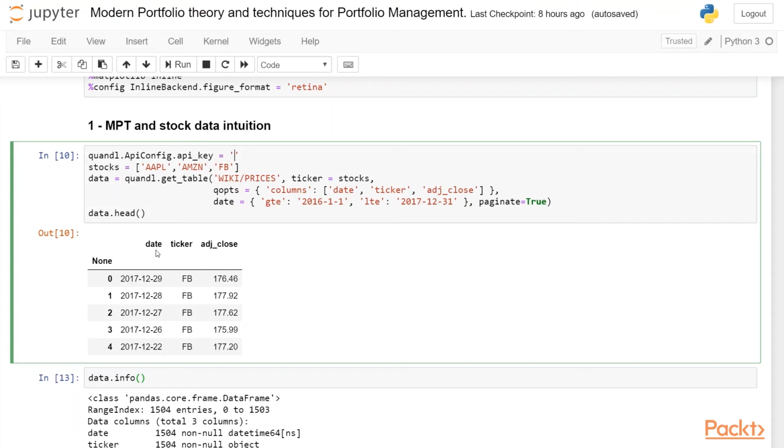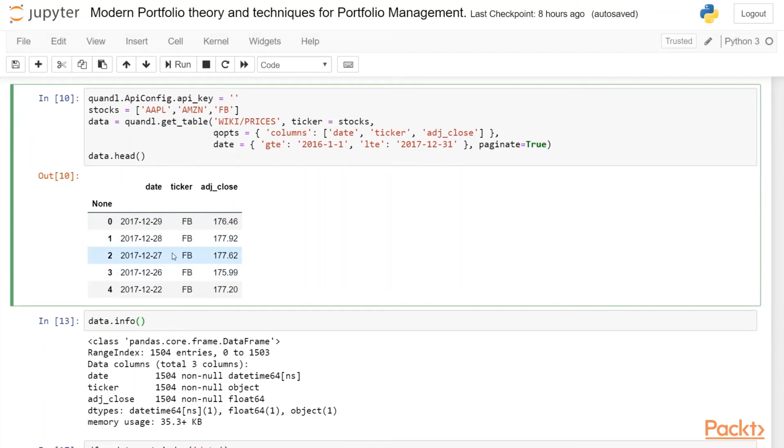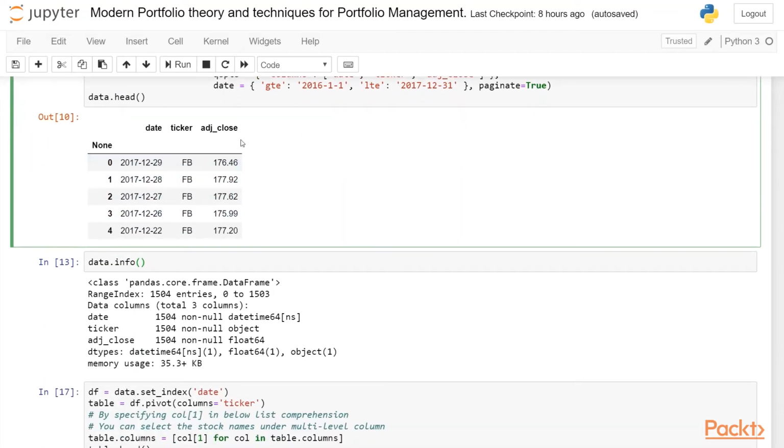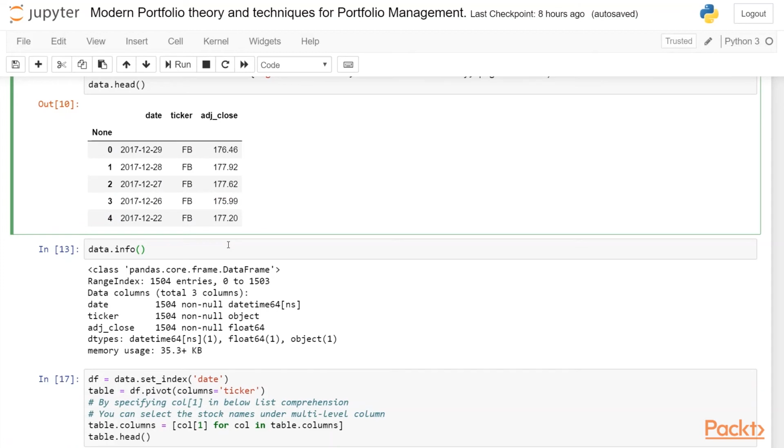And we get this data. So right now we are looking at 3 different stocks, which are Apple, Amazon and Facebook. Now this data is not in pivoted form. You can see that Facebook has individual rows, then similarly Apple has individual rows and Amazon has individual rows. What we want to do is take the date over here, Apple, Facebook and Amazon over here, and their corresponding adjusted close price,